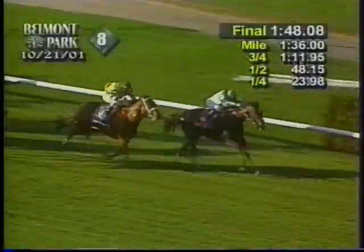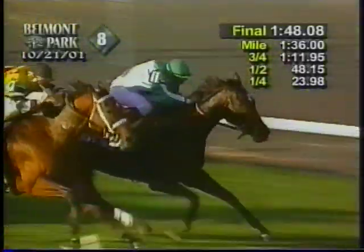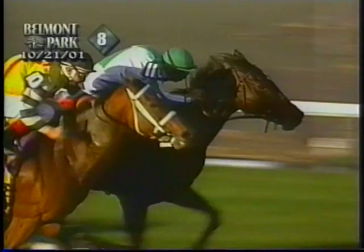Ransom's Pride, they put her on the turf last time out. That was all the way back in August at Saratoga in the Yaddo. She picked up a victory that day. They freshened her up, brought her right back here in this spot, picked up another nice win. This time ahead as the lukewarm choice at over 3-1 over the late-moving Even Tail, who just could not quite